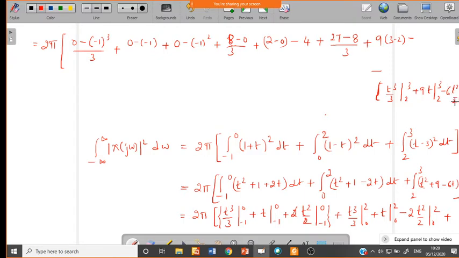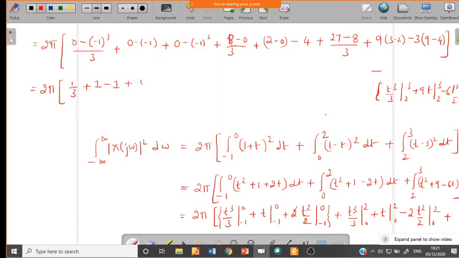6, divided by 2 you will get 3. So the t square value is 3 square, which is 9, minus 2 square, which is 4. So these are the values we get. Now this will give 2 pi into: minus 1 cube means minus, and it will give minus of minus 1 plus 1 by 3, and here plus, minus of minus 1 is plus 1, and minus 1 square is plus 1, and minus into plus will give minus 1.